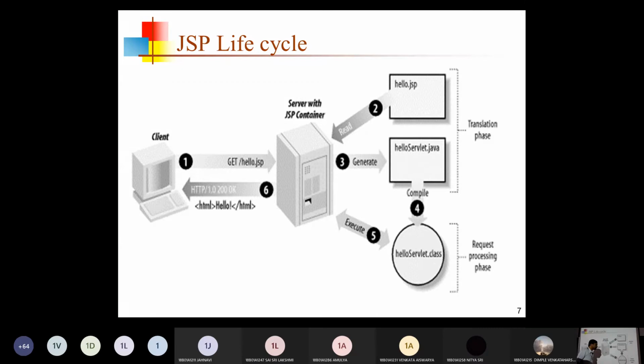And what is the third phase? It will generate the .java file, the servlet. Very good, that is very important. Even though we are writing JSP content, it cannot be handled by the servlet container. We have a servlet container in the web server, and to execute, it only knows servlet code, not JSP code.